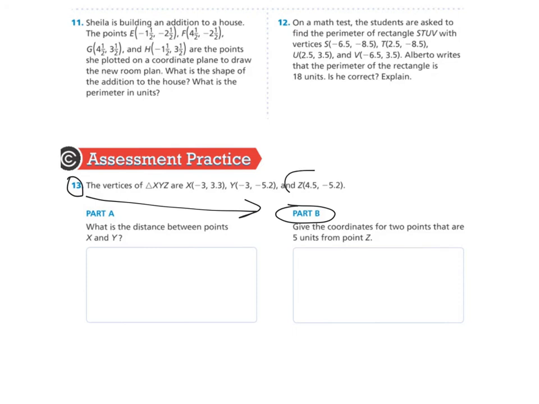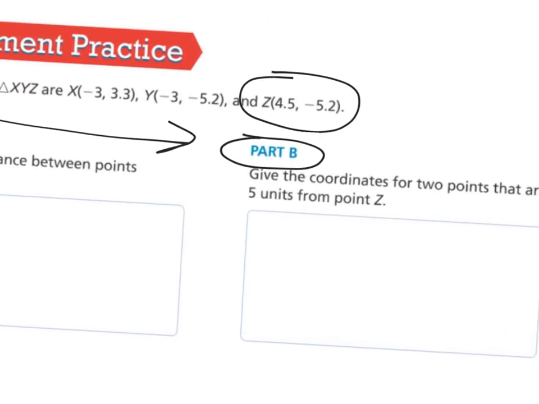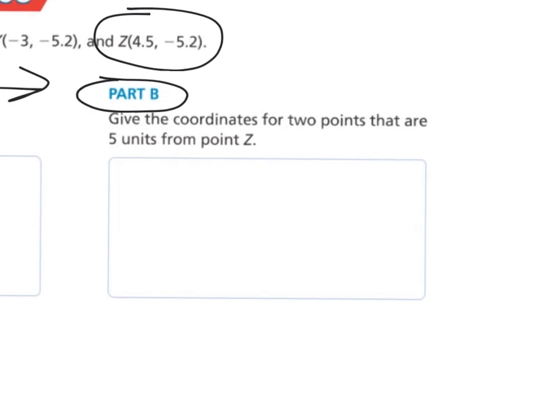So point Z here doesn't have real great numbers that we're working with, but we can kind of just think about what's going on here. Basically we could go 4 different directions with what we've learned. 4 directions from point Z. We could be left of it, right of it, above it, or below it, 5 units. So if we went 5 units to the left,